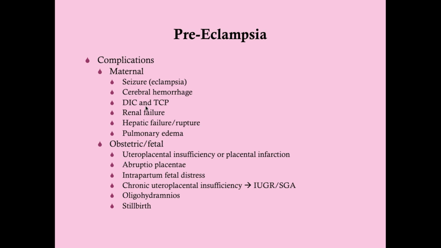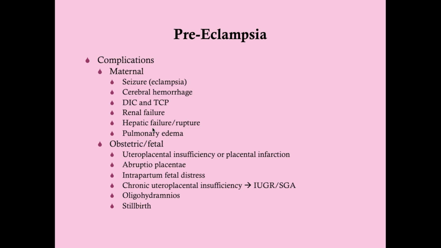They can also develop coagulation disorders or thrombocytopenia. They can get renal failure because of the vasoconstriction. They can develop hepatic failure because of vasoconstriction to the liver. Essentially, they're getting an ischemia of the liver. And they can get pulmonary edema. And that goes into sort of this pathology of preeclampsia. What's happening is you've got constricted, leaky vessels. And these vessels will cause edema not only into the lungs, but also into the brain, which is why we think seizures develop.